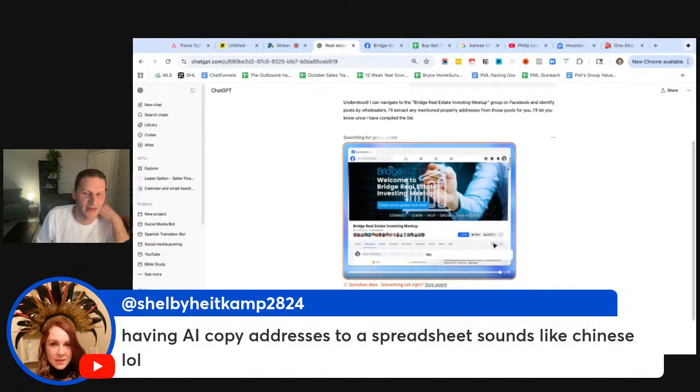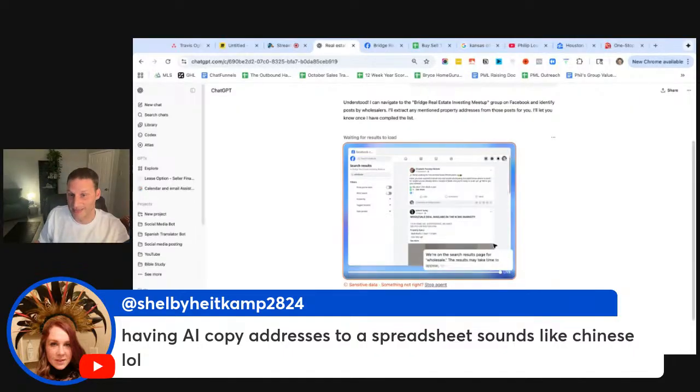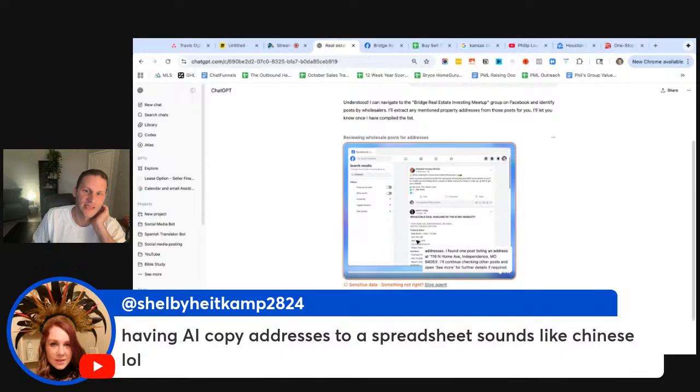It's telling you exactly what it's doing. It's looking for the posts. And so at this point, I can go downstairs and have my dinner and just come back and look at it and see how the results are. Before, I'd pay a VA to do this, but now I don't even need to pay a VA to do this.